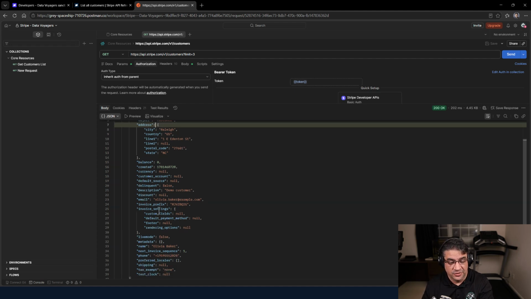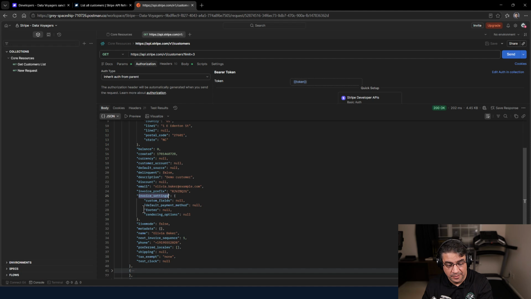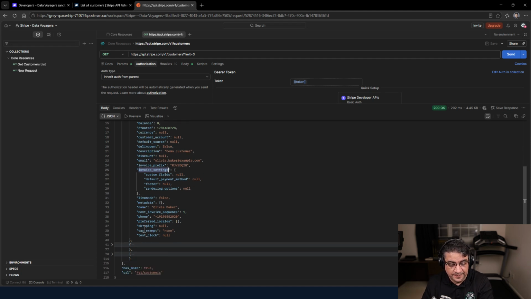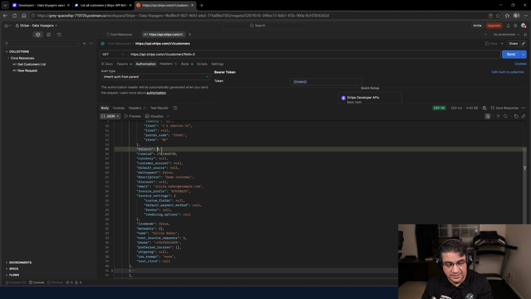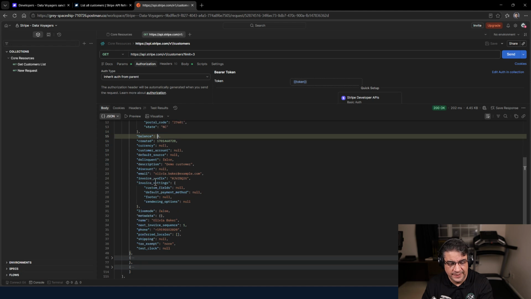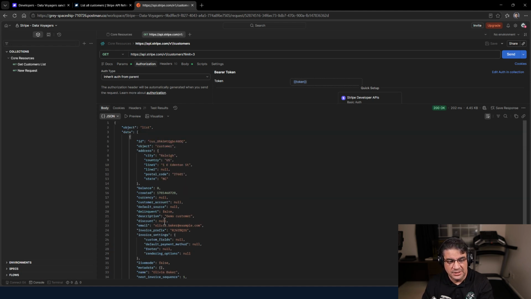And like in invoice settings, you also have a complex object, and things are just normal, like shipping or tax exempt. None is just a regular attribute. Created is just a number. Balance is just a number, so you don't have the double quotes. Here we have preferred locales, which is another array, but it's empty. So then you can start picturing in your head how that looks. Okay, so